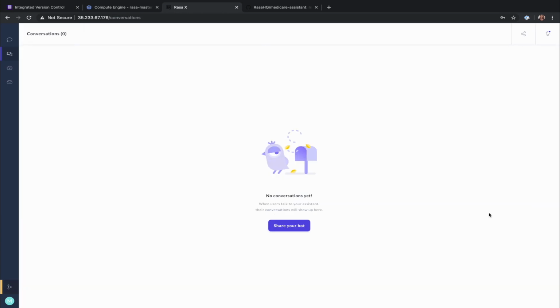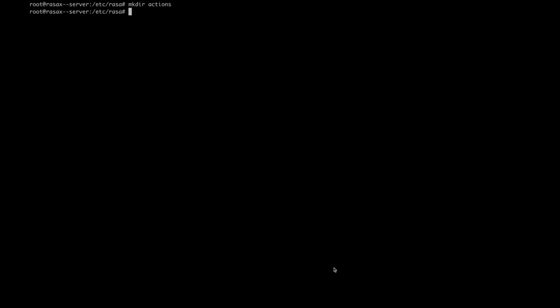There is one more thing we have to configure. It's our assistant's custom action server. The code of custom actions has to be placed in the actions directory of the server. For that reason, we will create a directory called actions with the file actions.py, where we will paste the code